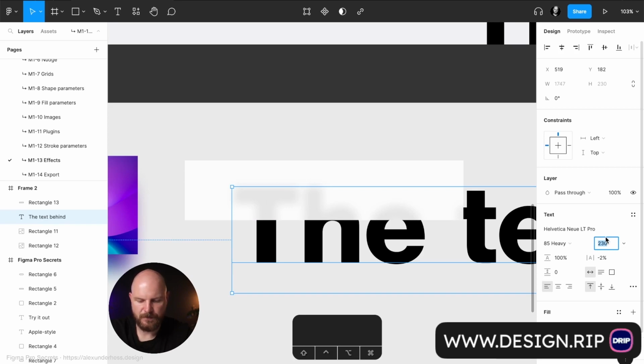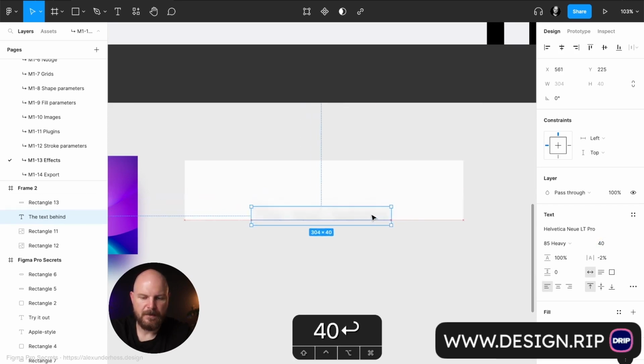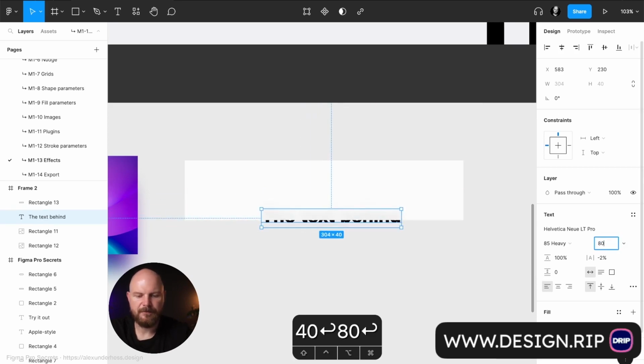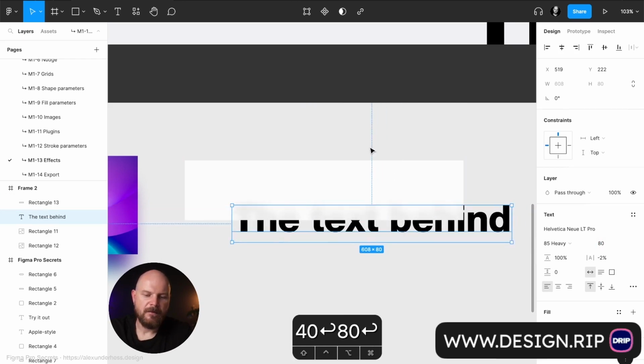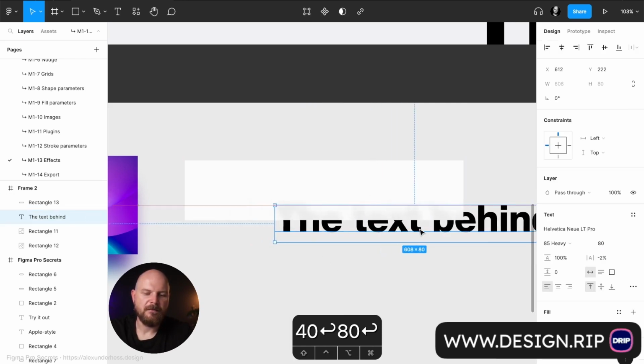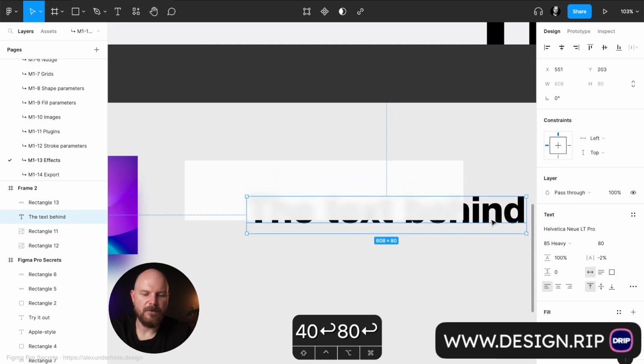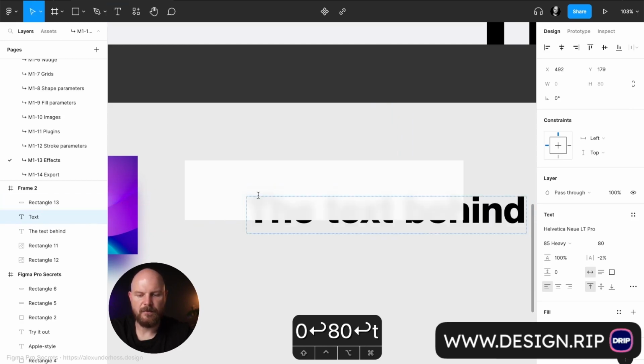Let's set it to 40. You see the text behind just a little bit, but it doesn't bother you because everything that will be on top, navigation,